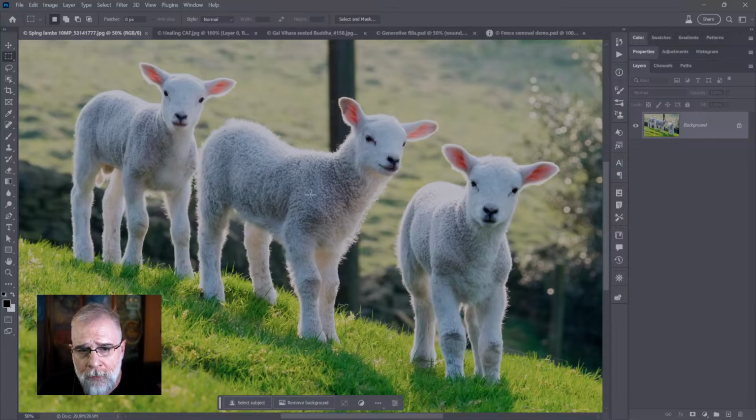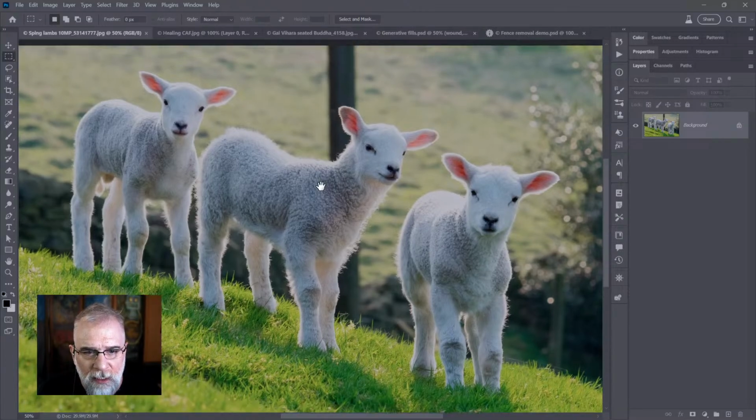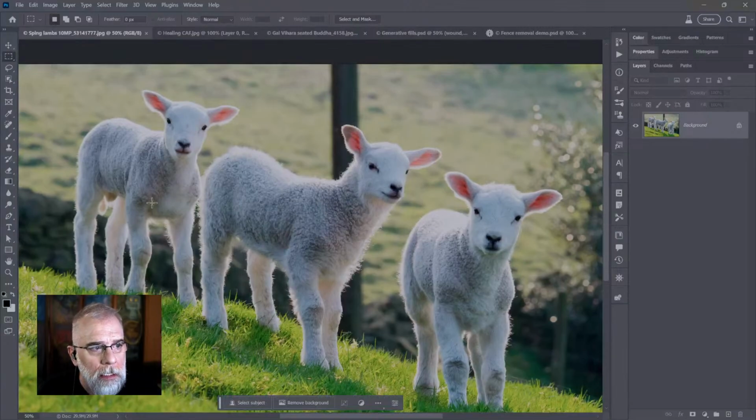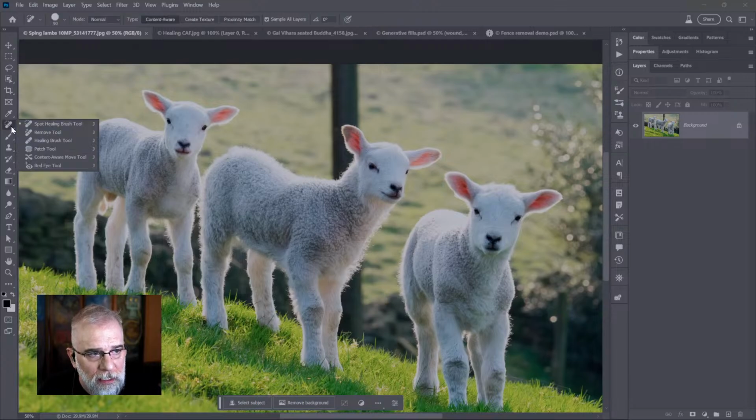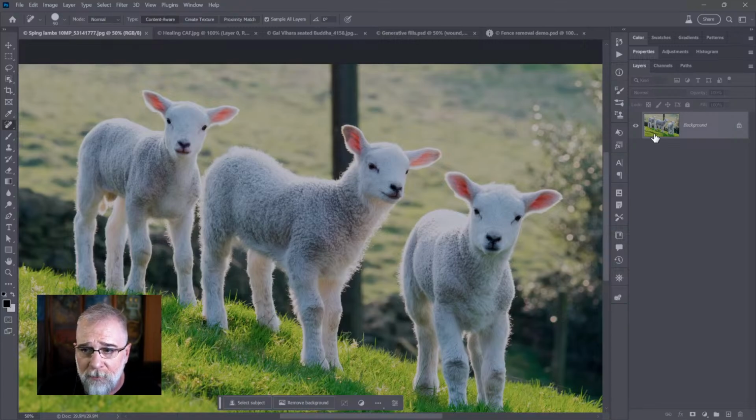So imagine I'm looking at these lambs from the Dreamstime image library. You can find out more about them in the description. And I want to get rid of this post, whatever it is, going through the central lamb's kind of neck. And so what I would normally do is grab the spot healing brush, which is probably the best way to go. And then I would just paint in this area, but I would do so on an independent layer